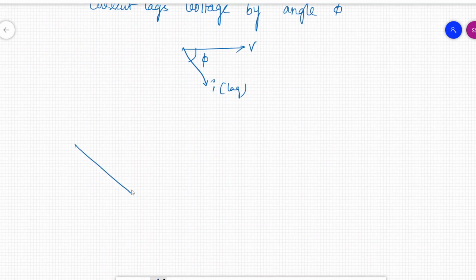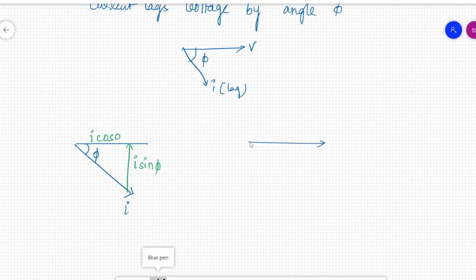Here we have the current phasor. If we draw the current phasor vectors here, this will be your I sin phi, the opposite side, and this will be I cos phi. Now this is I initially, and I am going to multiply V to each and every element, that will be V here, and this will be V. So let me take another triangle here, where I multiply V to each and every vector.